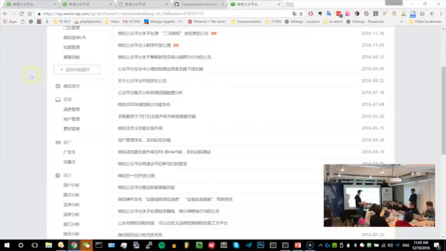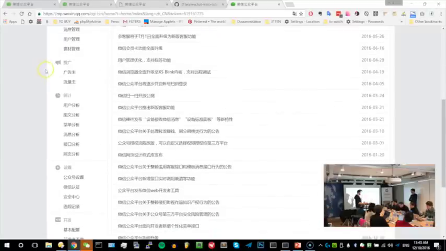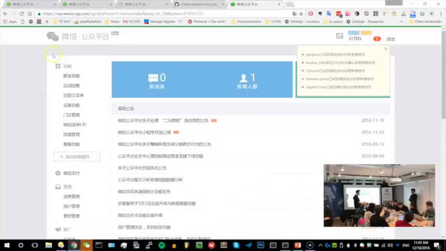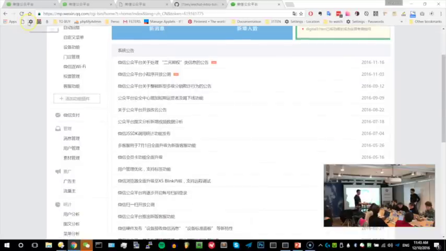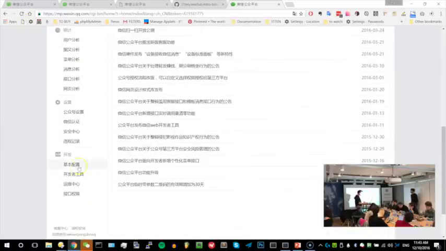So you can do a lot of things. What is really going to interest us is the configuration. First thing, you want to get some very important information, which are, as we said, the app ID and app secret. That is like your login and password. For that, you go here to the developer information, and the first item.